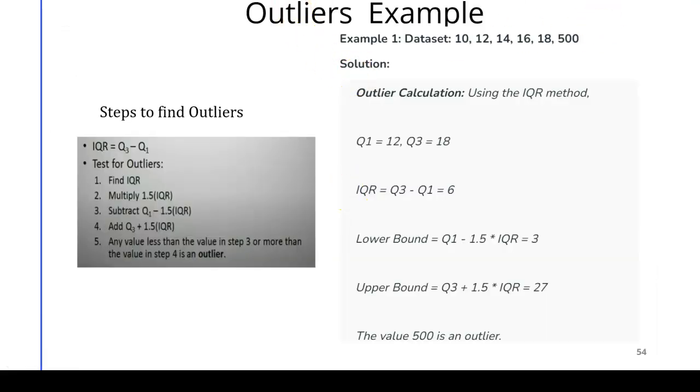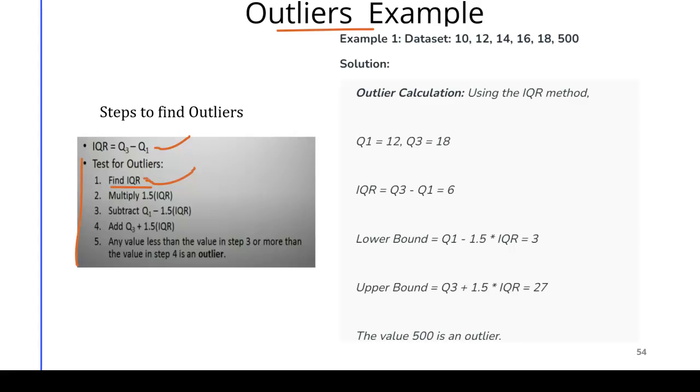Okay, so this is an outlier example we are going to see. Before going to the example, let me explain the steps that need to be taken for finding the outliers. To find the outliers, 5 steps need to be followed. First, you have to find the interquartile range. We already know how to find it; we have seen it in the box plot and also in the 5 number summary. Q3, the third quartile, minus Q1, the first quartile, is the interquartile range.